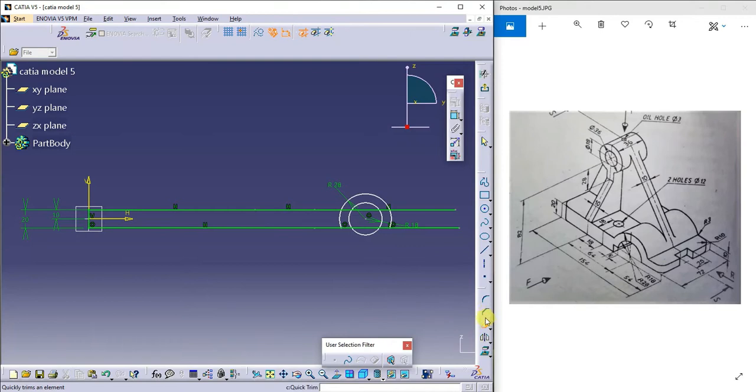See here, it is turning like this. You can use the same command to trim the various portions of this. I don't want this. I don't want this.